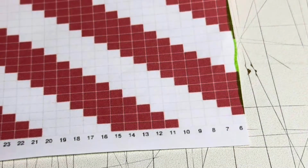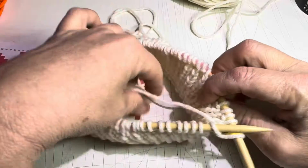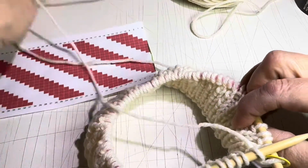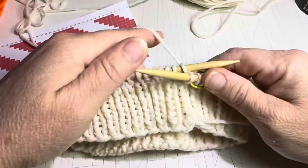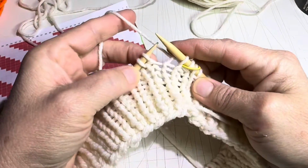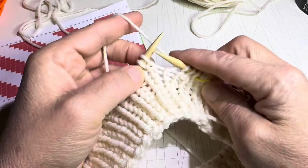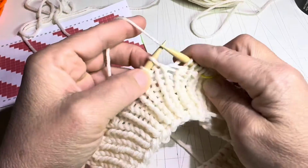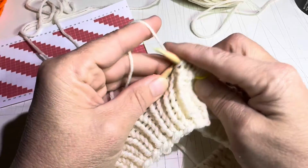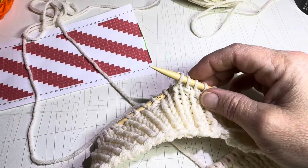So let's go ahead and get started. We're going to start off with 5 in our main color. So I already have my main color, and I'm going to knit 1, 2, 3, 4, and 5. Now I'm going to bring in my contrasting color